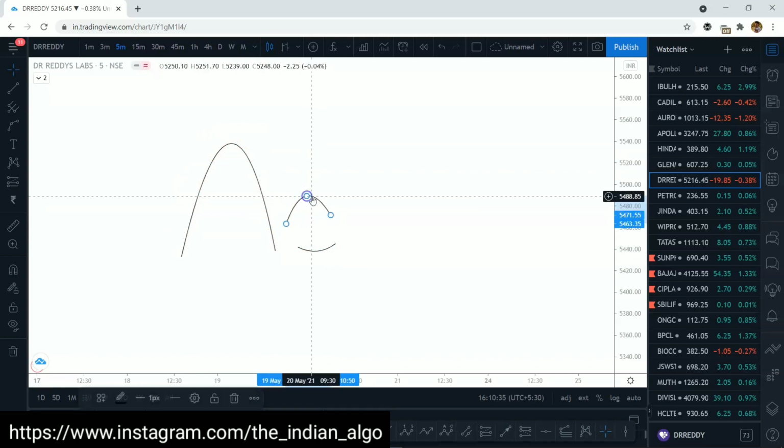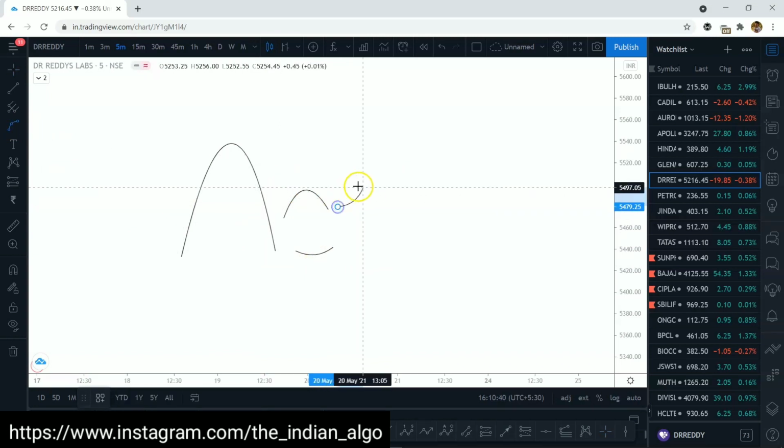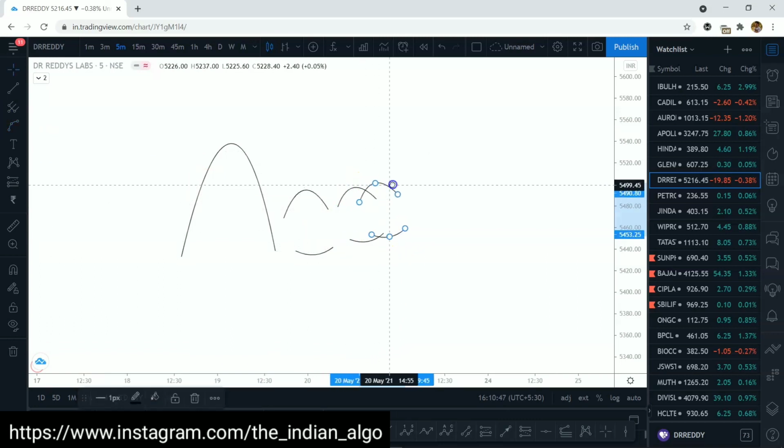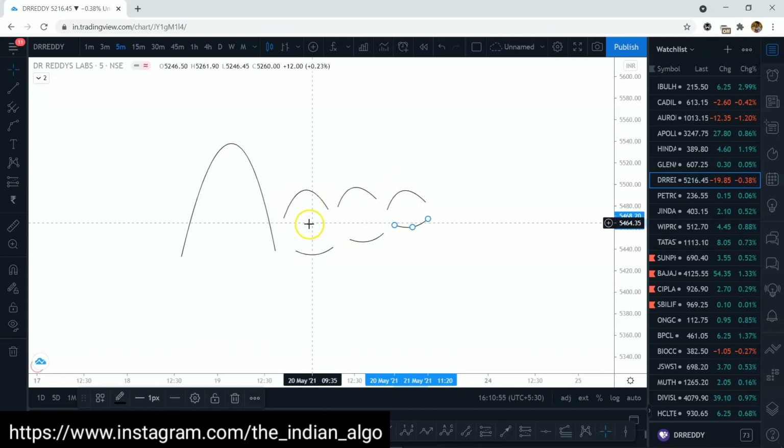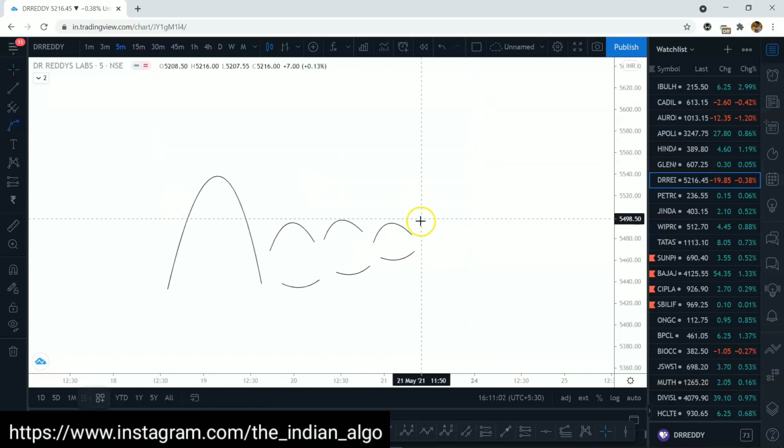The swings are getting smaller. Okay, so here the swing got smaller. Next, you will probably find this swing, and then again this, and then you will find this much smaller one right here. So as you can see, it's getting contracted. The prices are squeezing up for a huge move to the upside. Okay, for a huge move to the upside, and probably you will see something like this, and then something like